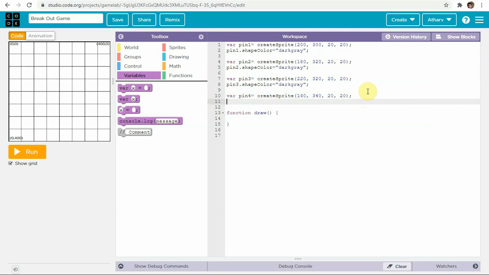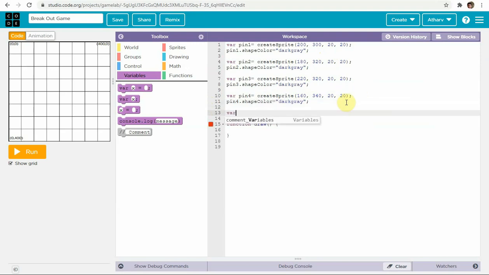Okay. Now pin4.shapeColor equal to dark gray. As you can see, it is dark gray, right?